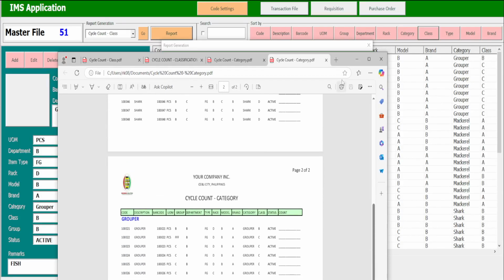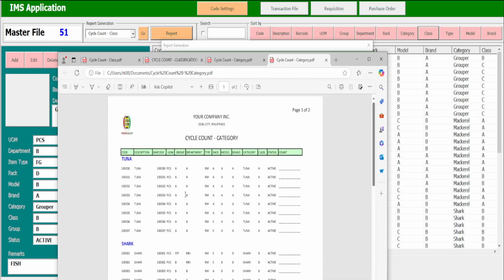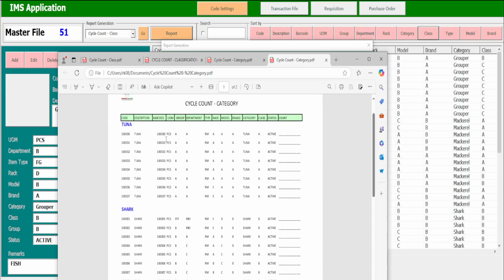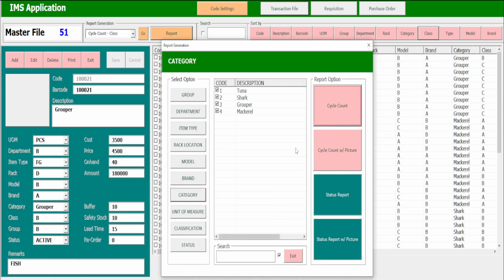So what if I want to generate a status report similar to this cycle count by categories? All I need is to proceed to this status report. Because I'm done selecting all this information, if I click this status report, all of these categories will be included in the status report.